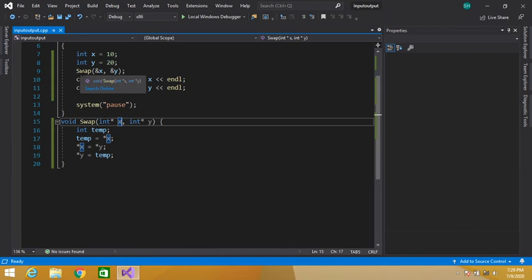Why? Because both of these use shared memory, so any changes made here will also be reflected in the main function. As we have swapped the values here, these changes will also be reflected in the main function.